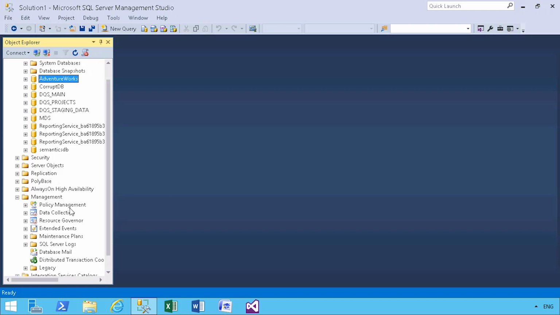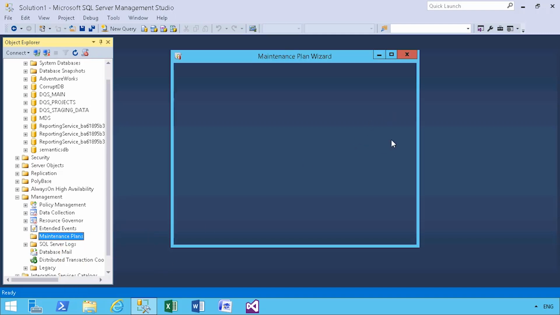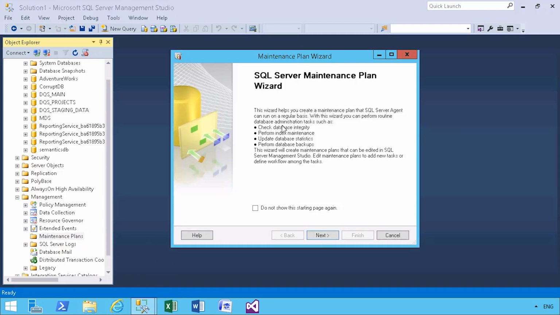the database information. So first we'll come down into our maintenance plans and we will create a new maintenance plan by using the maintenance plan wizard. Now there's two different ways of doing this. The wizard will walk you through creating the appropriate steps. The database maintenance plan itself allows you to use Transact-SQL statements and create steps that are going to be done. It gives you a little bit more latitude, but it's a lot less intuitive. So we'll start with the database maintenance plan wizard, and you can see some of the things that we can